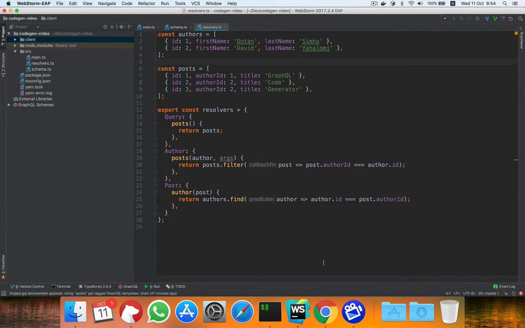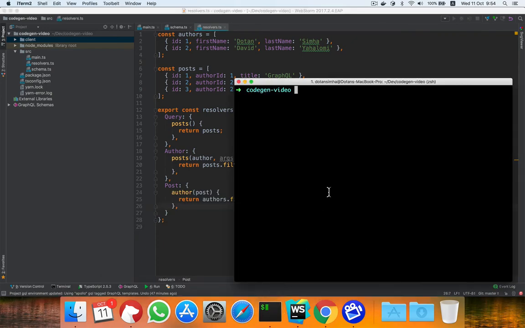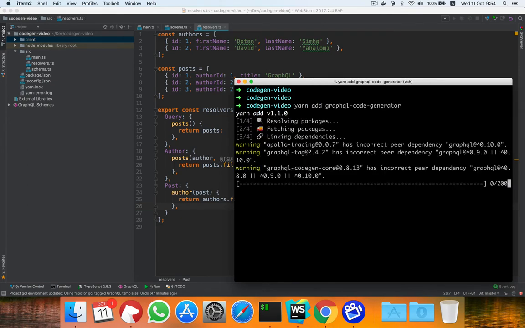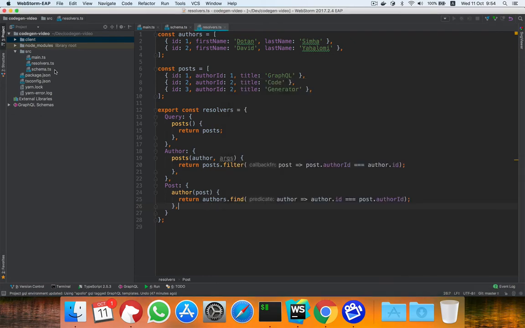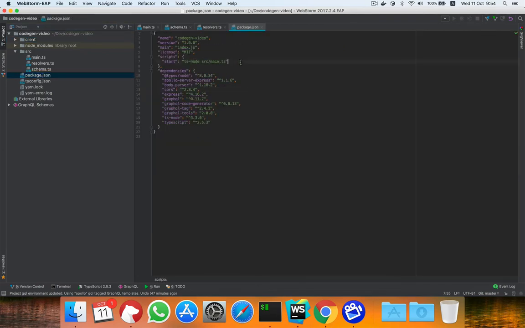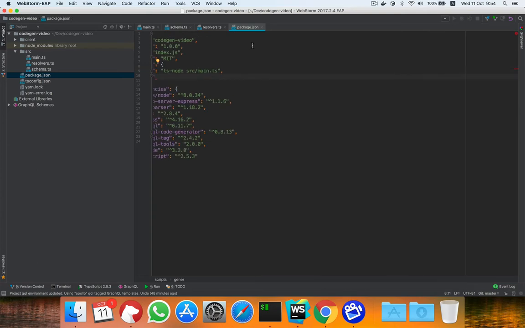So let's start with adding the GraphQL code generator to the project. So just using yarn to execute yarn and GraphQL code generator. And the next step is to create a script, npm script that generates the typings for our schema. So let's add a script called generate,